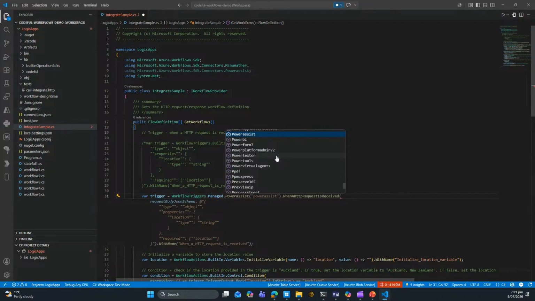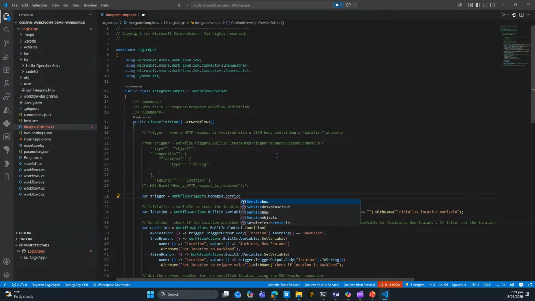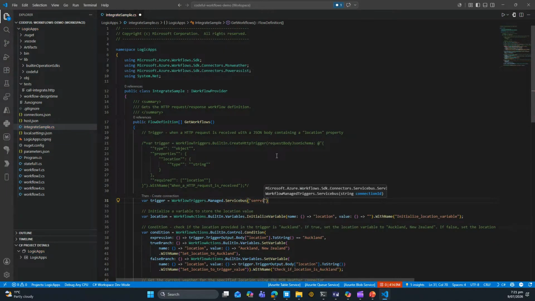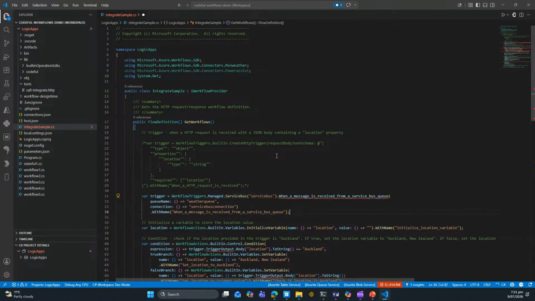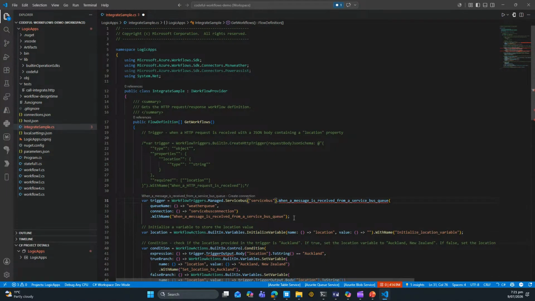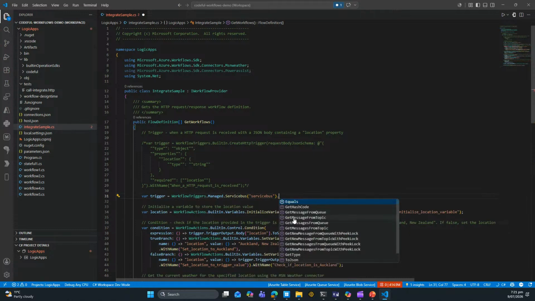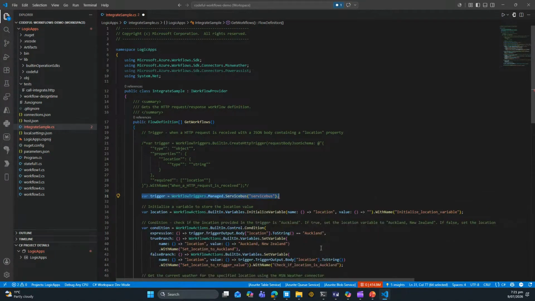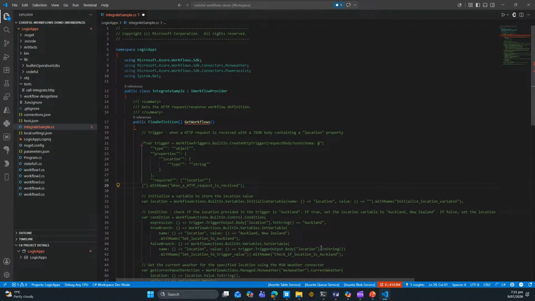then I go and select any specific connector like Service Bus, right? And then from here, give the name of the reference. And then after that, here is the list of the triggers that the Service Bus connector has, right? So just to give an example of how IntelliSense would work, let me come back to this so I don't destroy my